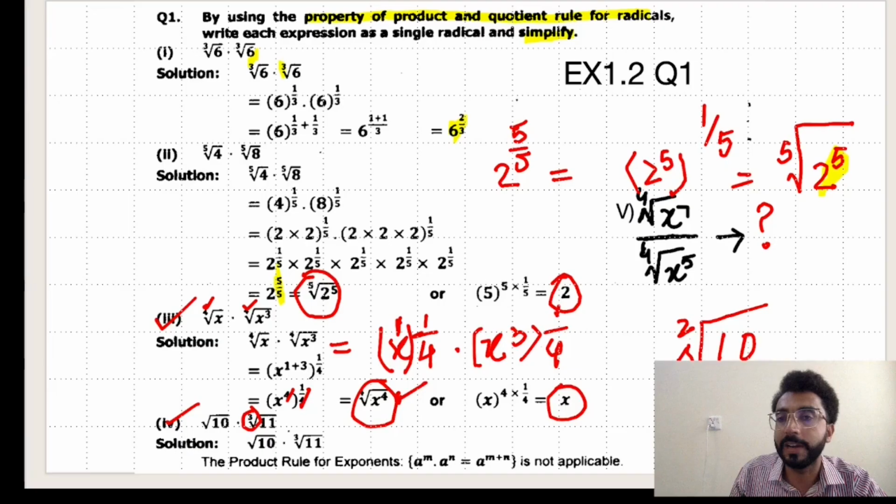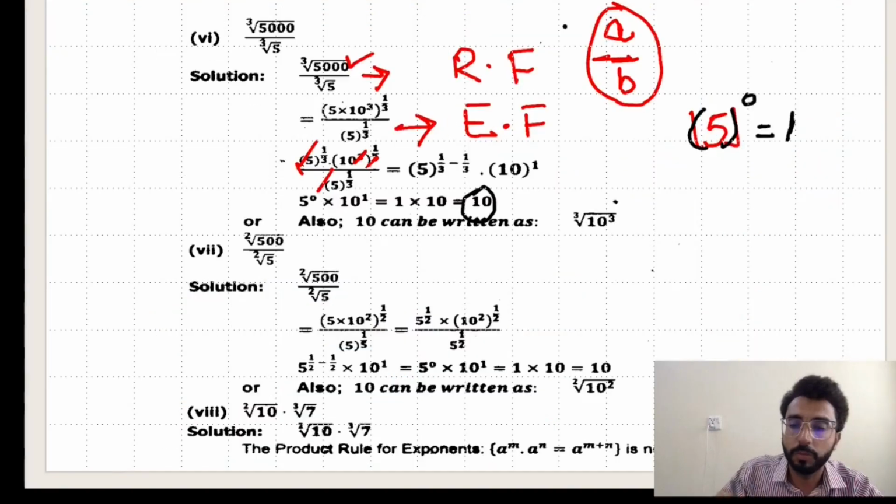First of all, look at the format of this question. What type of format? It's in the form of quotient form. So we have to apply the quotient rule here. If indices are same, yes, indices are same, we can apply the quotient rule here. So solve this question by yourself. This is very simple question. Let's move to the next slide